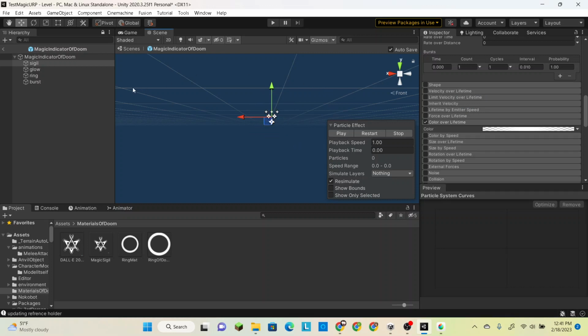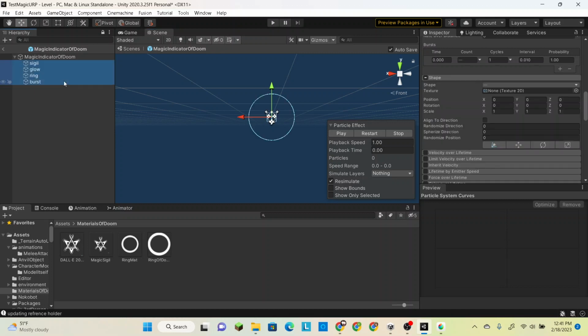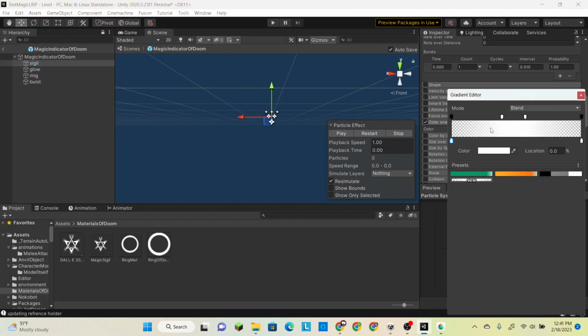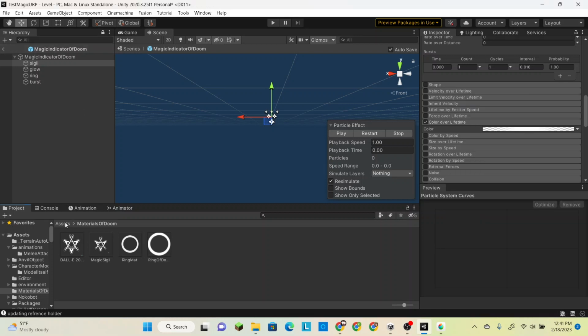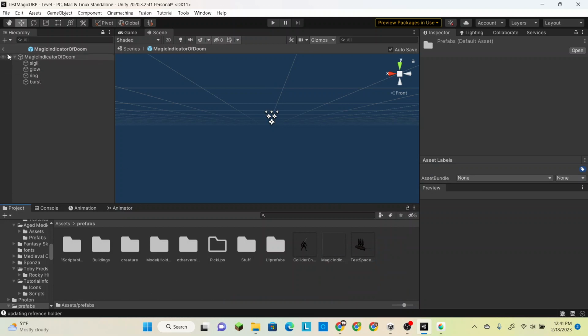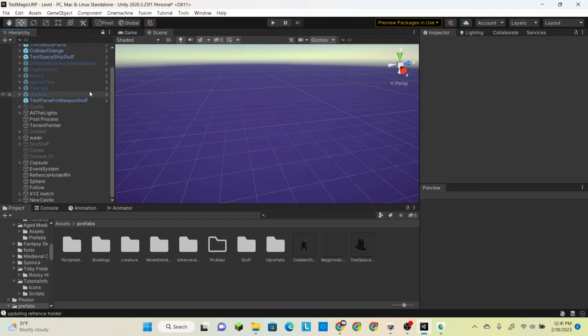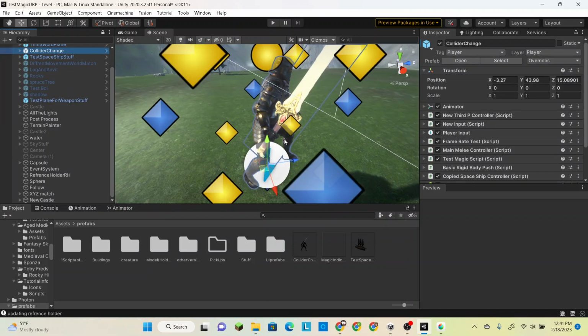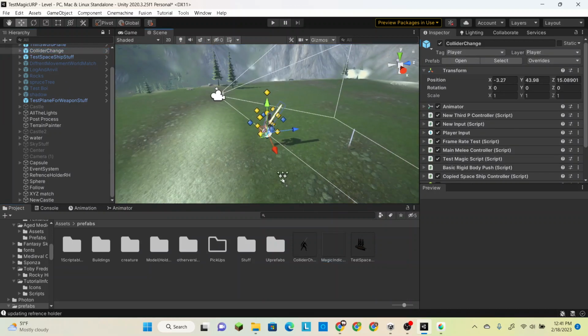Maybe it's just the orange outline that's making it weird. Okay. Now, when we're fine tuning colors and stuff, it is time to put the particle into your scene so that you can actually see how it looks with everything. So we're going to go to our player really quick, and we're going to take our prefab